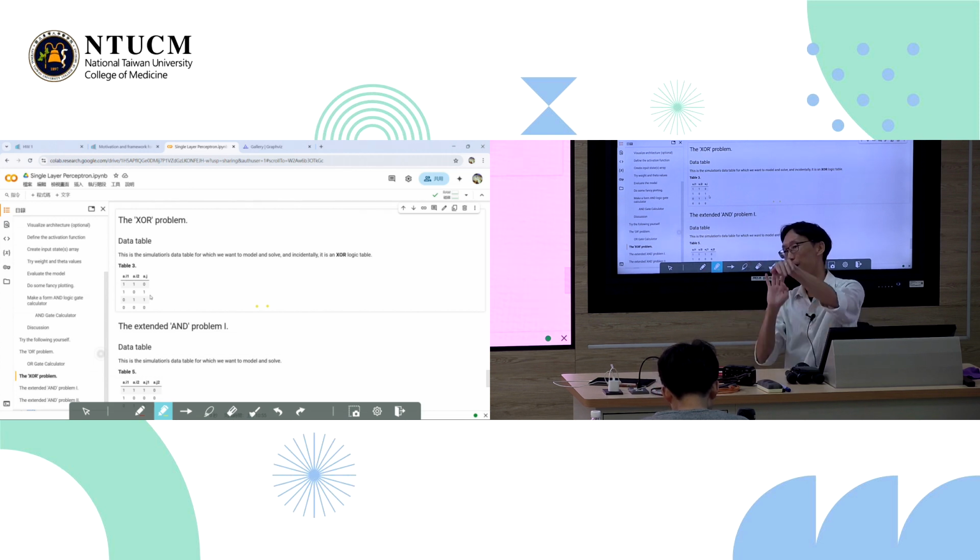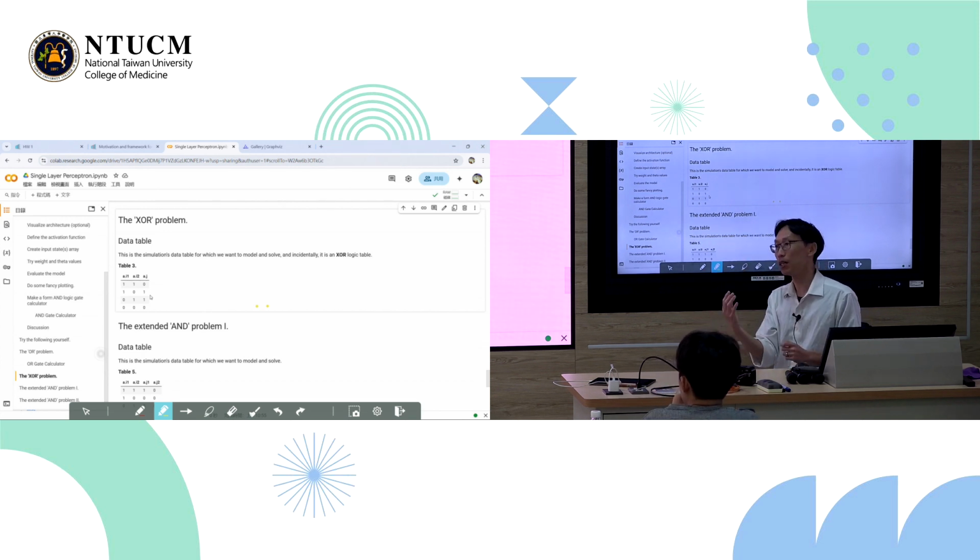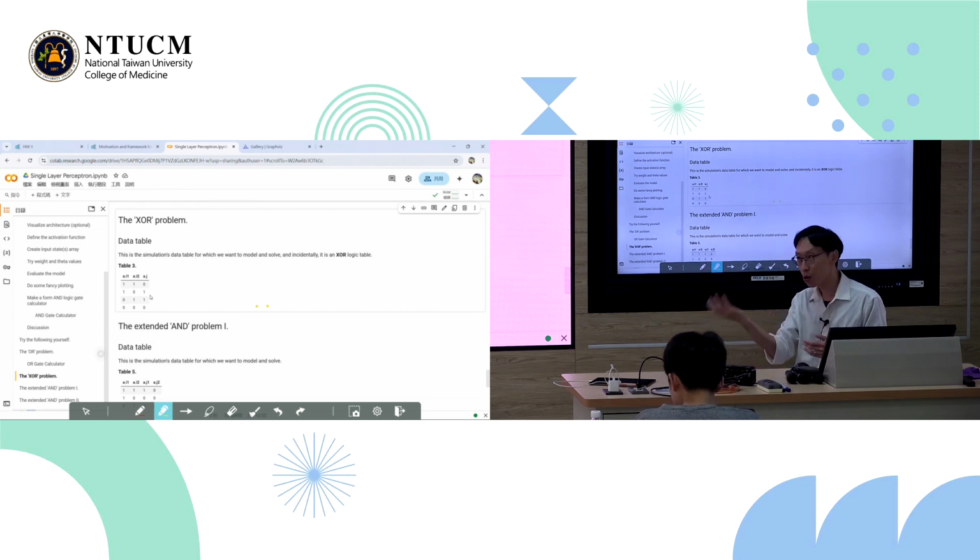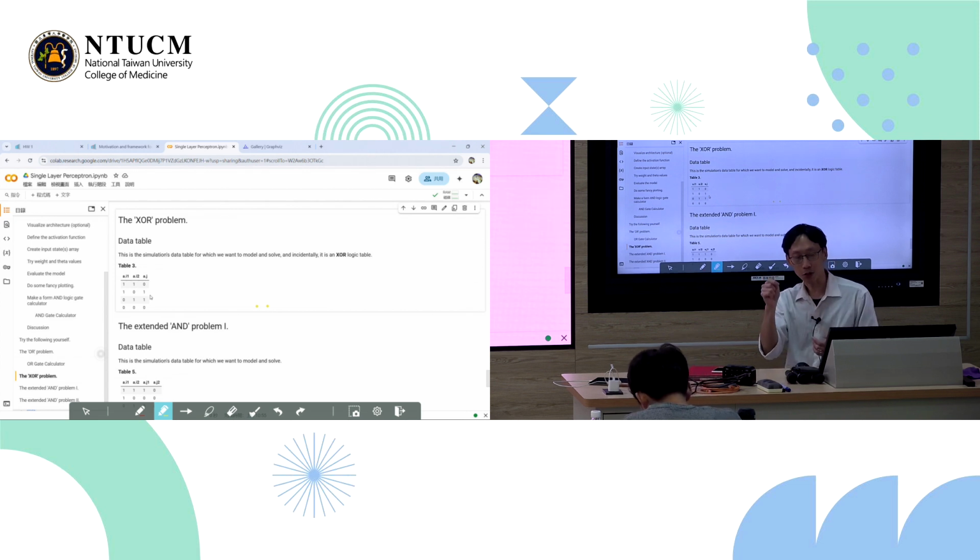There's the other flip side of the XOR, which is the XNOR. The N there is a NOT gate, meaning whatever is true, if you put a NOT there, becomes false, and whatever is false becomes true. So if I do an XNOR, then the output would be 1001 instead of 0110. Get it? Okay, it's very simple.